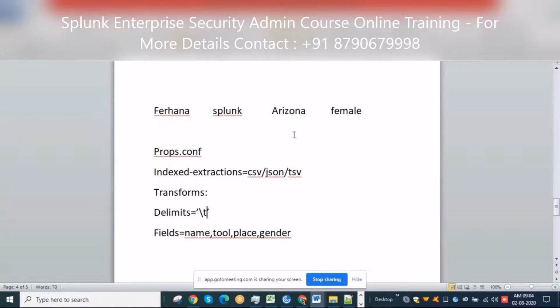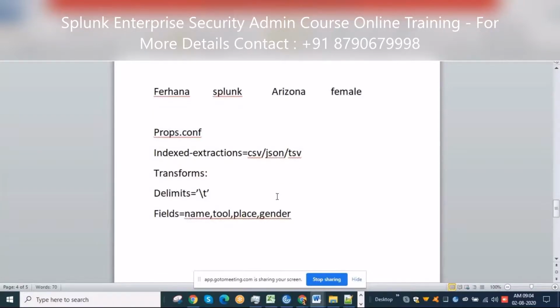Now you have given the fields like this. But if you don't know how to write the DELIMS or fields, and you are not sure how to extract the fields, in Splunk you have an option, Extract Fields, on the left side down. You'll directly go into that and write whatever fields are required, as I have shown you earlier. That is also an easy thing.